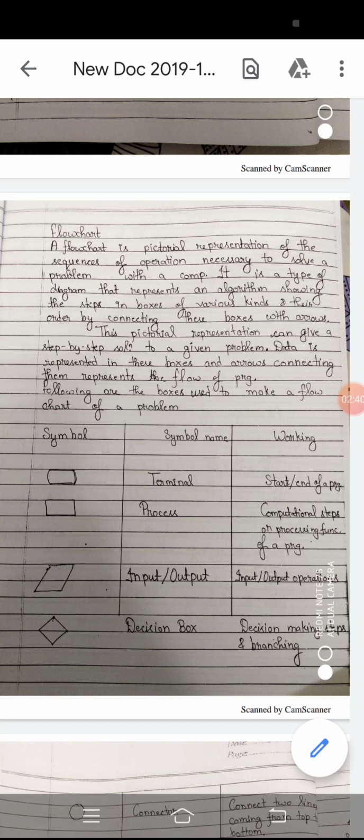Now, in explaining that algorithm in a pictorial representation, we need to draw certain boxes, and show the flow of our data from which box to which box. So before drawing the flow chart of a particular problem, we first need to understand each and every box. So the first box is